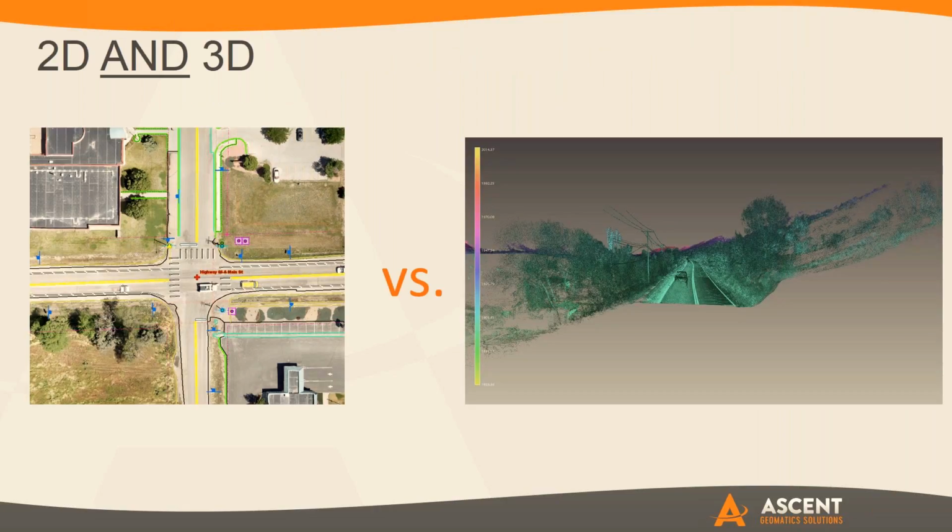Correct. Yep. So Owen, maybe you could talk a little bit about 2D and 3D. Yeah, so once again, like you were talking about with the deliverables, in the end, we always work back to what you actually need out of us. So when we or any other provider goes out with LiDAR or UAVs to get these large, robust point clouds, you don't necessarily need or want a point cloud delivered to you. You want the data and intelligence from the point cloud extracted out and put into normal, tangible products, MicroStation, AutoCAD, GIS, that people can actually use in all the different agencies and the folks involved.